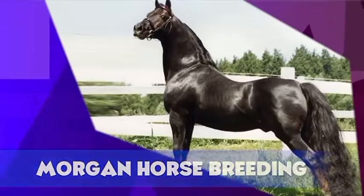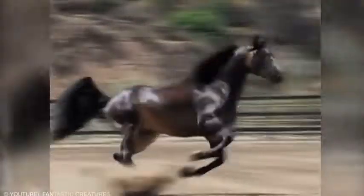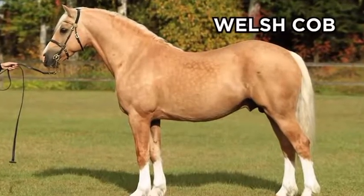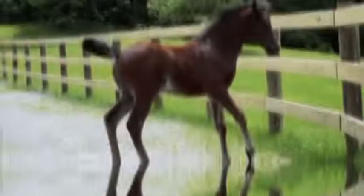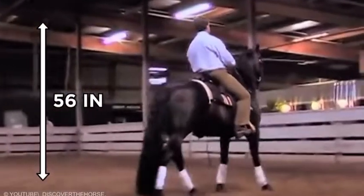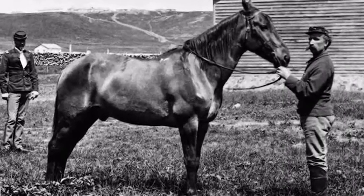Morgan horse breeding. No one knows for certain how this one came about, but it's generally agreed that it was the offspring of horses with Arabian, Thoroughbred, and perhaps Welsh Cob or Frisian bloodlines. It is a compact horse, standing only 14 hands, which is 56 inches tall. While Morgan enthusiasts have stated that the horse Comanche, the only survivor of the Custer